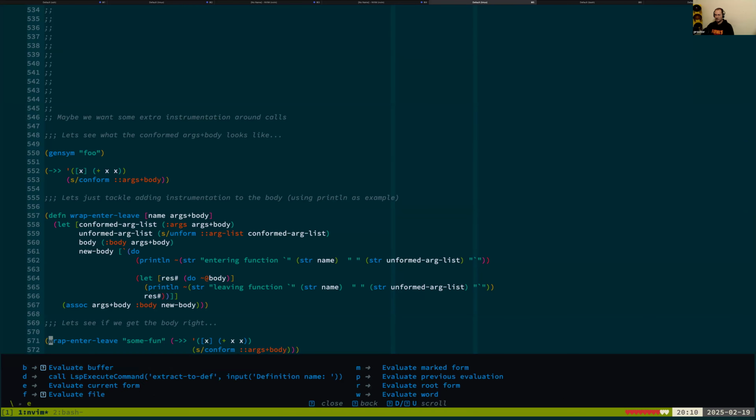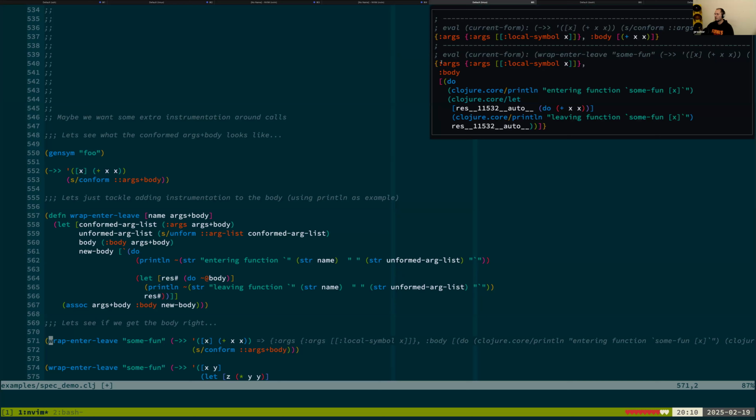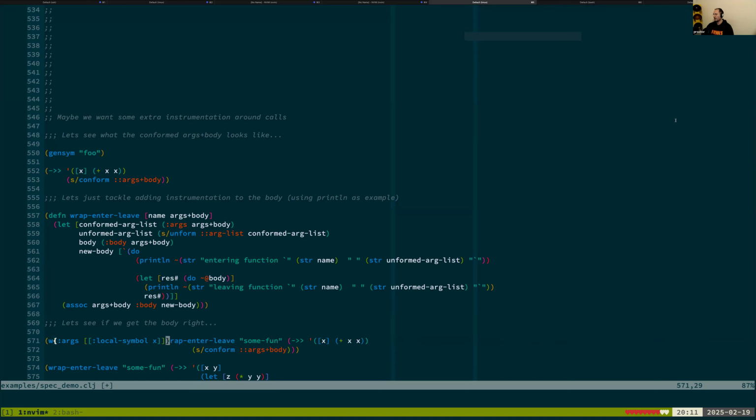So if I just want to test what this would look like, I can say, hey, wrap, enter, leave. So args went from args. Those stayed the same. But my body now has a do. There's a clojure.core println call that says entering function some fun, arguments X. So this some fun was the stringified name, the symbol that was passed in. But this X was the unformed arg list. So I can kind of say, look, you declared X. I've got more detail here from my parse structure, but in this case, I unparsed it so I can